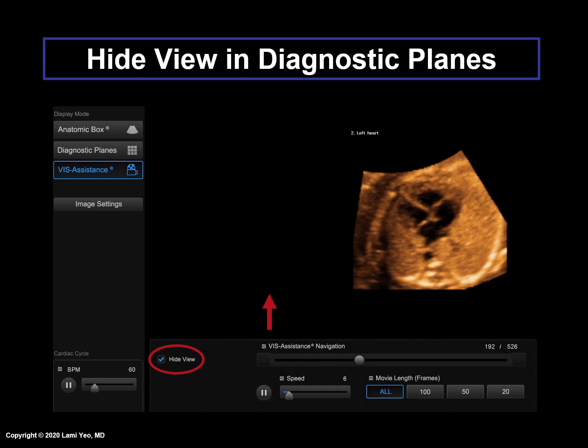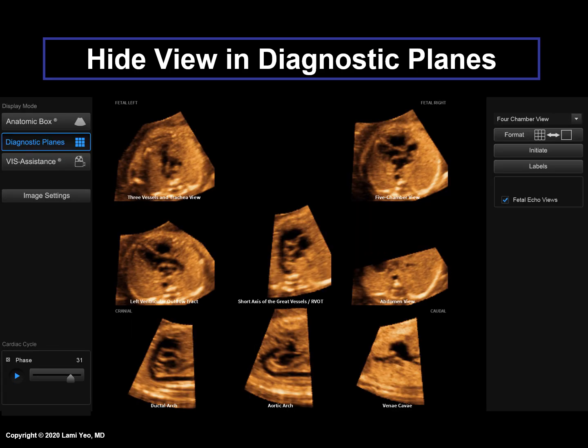There is now a blue-colored check mark in the box, and notice that the diagnostic plane image on the left is now hidden. Next, the user should click on the Diagnostic Planes button. As a result, both the 4-chamber view and its name are now hidden in the Diagnostic Planes template.